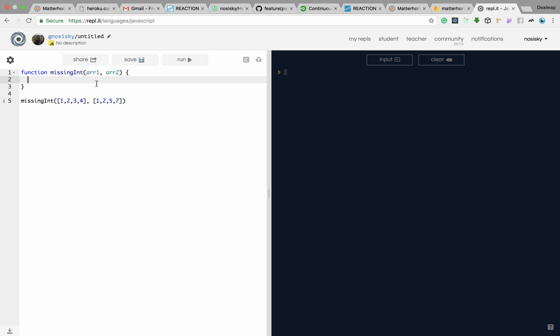So how do we achieve that? We are going to call in a built-in function in JavaScript called Array.isArray. What it does is it returns true or false if what is being passed in is a valid array or not. So the first is going to be an if statement that checks